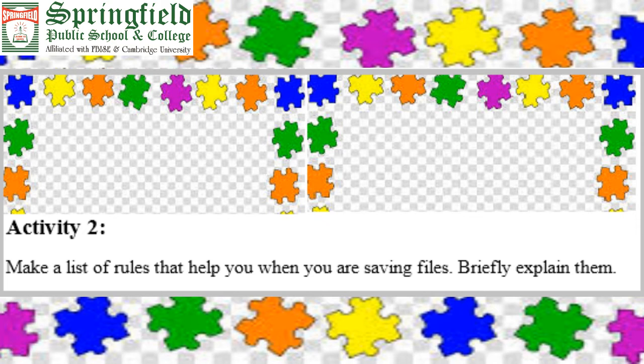Okay students, now your activity 1 and 2 is completed. Now there is one more activity: make an information sheet to promote good practice about saving files. Use the best practice rules in this section to help you. You have to make a sheet of the good things, the good techniques, that you want to discuss and share with your fellows.